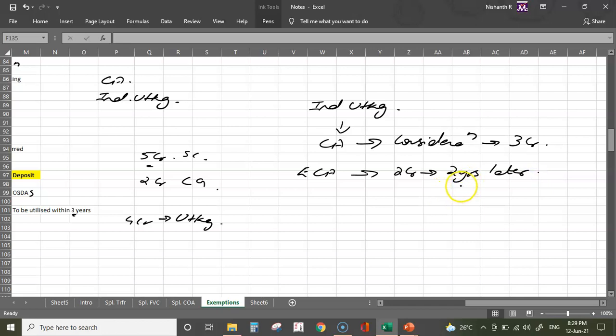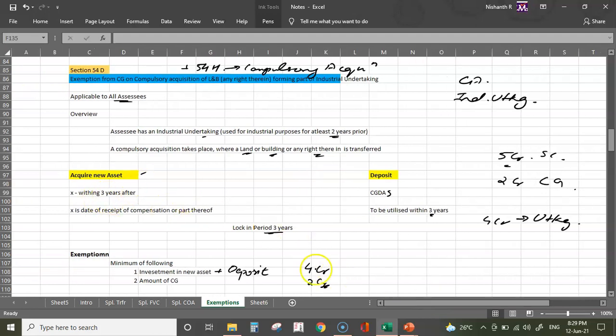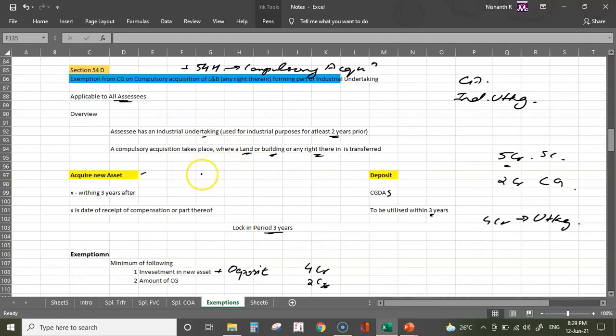Alright. But what Income Tax Act says is, when you're computing your capital gain, this 3 crore plus 2 crore is your full value of consideration, right? You got a full value consideration of 5 crores. Now, you have to make an investment within 3 years from the date of transfer, right? From the date of transfer, that is X. Now, in case it's a compulsory acquisition, X shall not be date of transfer, rather X shall be the date of receipt of